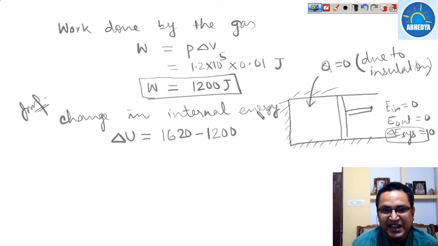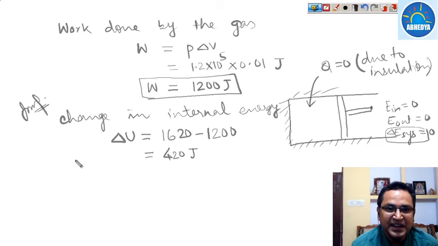Okay, so this entire is nothing but the total energy of the system, and change in total energy of the system will be 0 because heat transferring or energy transferring to this system is 0. So this is a very good concept, and a very good concept has been asked in the GATE exam. So by this we can say that it is 420 joule.